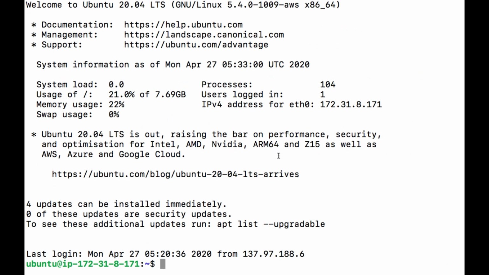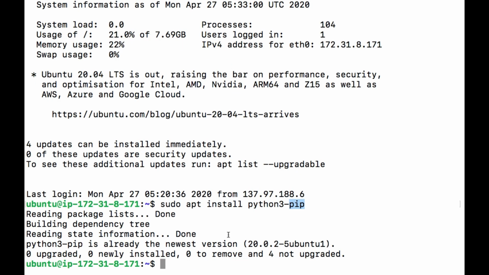Next we need to set up a virtual env and install the required libraries to run our Python Django project. For that, first we need to install pip, that is the Python package manager. For that we need to use sudo apt install python3-pip.